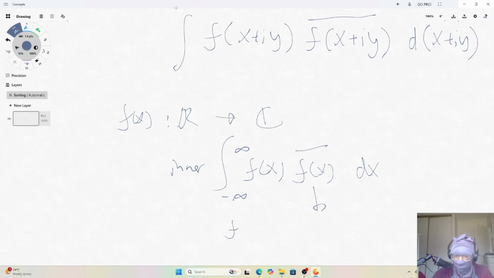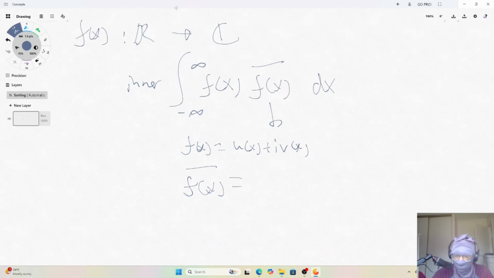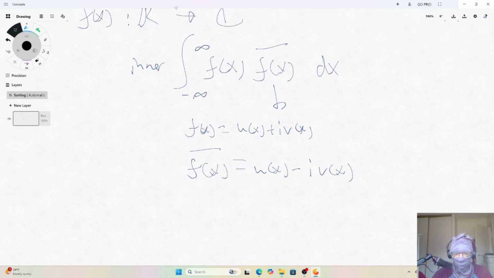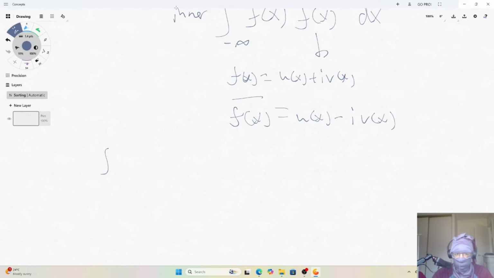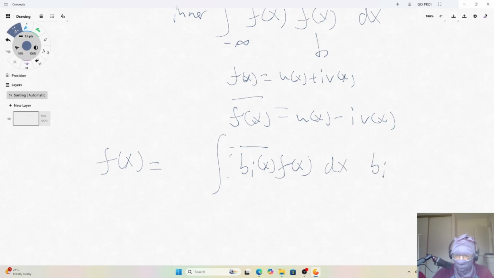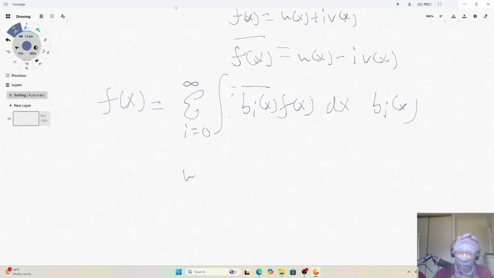Where this is simply, suppose that f(x) equals u(x) plus i v(x), then the complex conjugate of that function is u(x) minus i v(x), and you will find that in that case you will have that f(x) is equal to a sum, where b_i